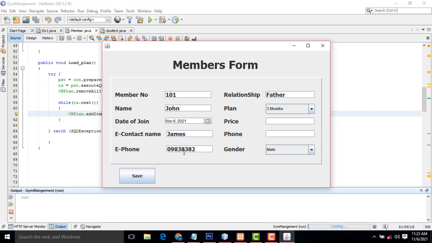You have to give a phone number like this. Price, 3 months plan, 4,000 price. Phone number something like 12,000. You have to give the phone number like this with mail. Hit the save button.